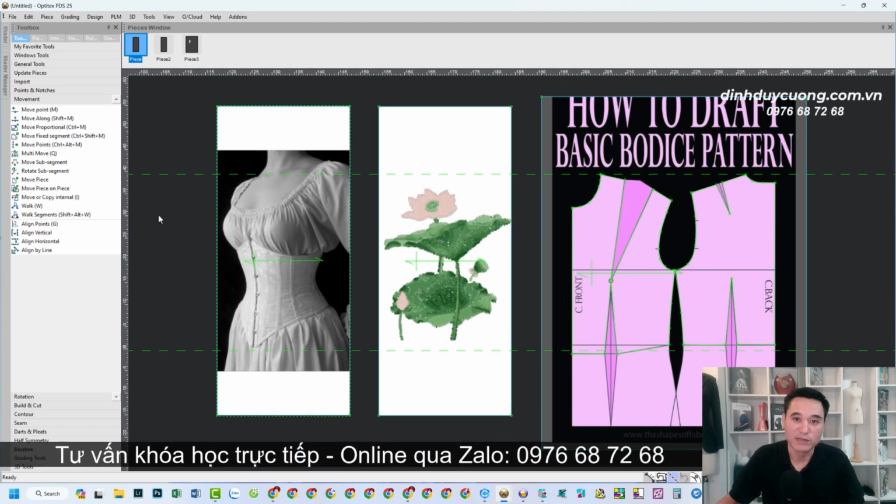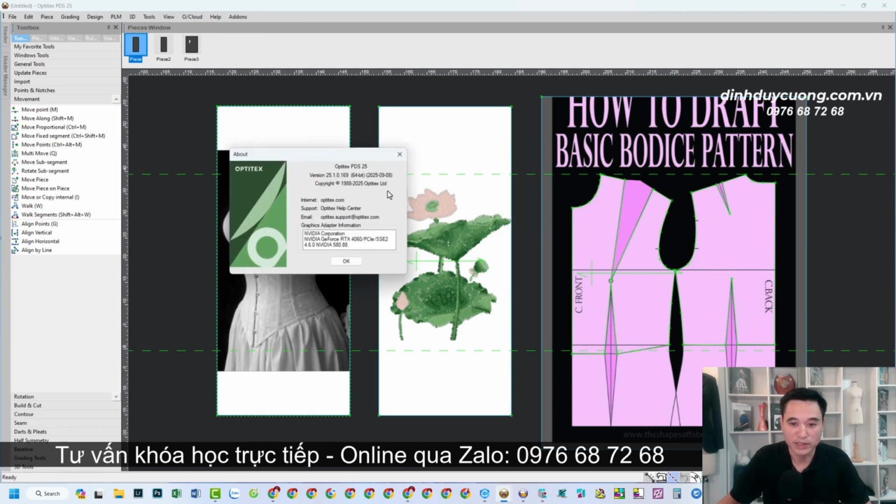Hello everyone and welcome. Are you currently looking for a simple way to insert images into the digital workspace of the Optitec software? I am using Optitec version